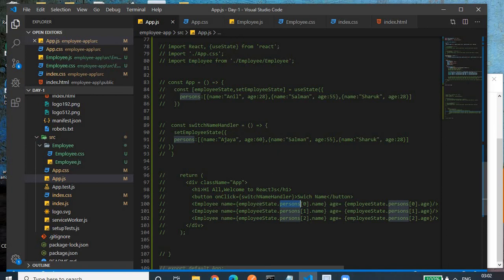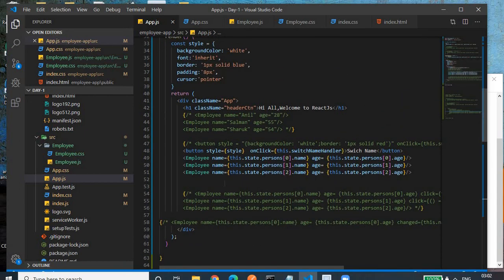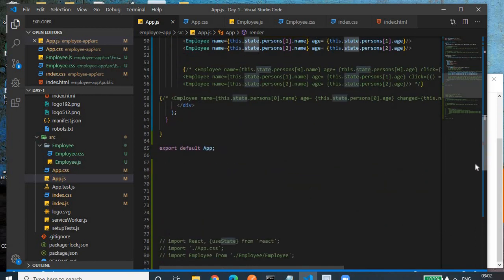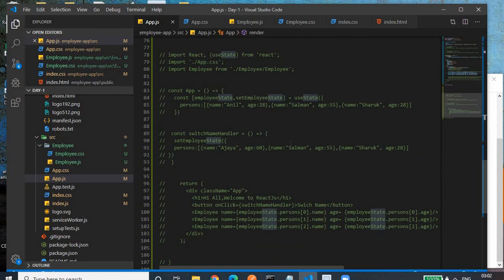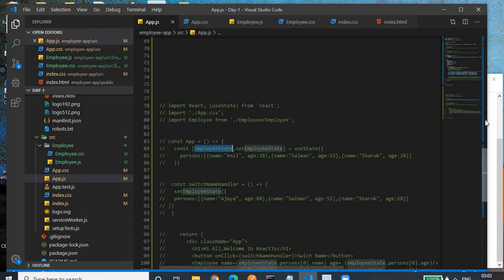But in class based, we use this.state. In a functional component, we don't have to use the this keyword. We have to use the name that you have given, for passing this value as a prop to the employee component. Clear? So this is the use of the useState hook function in React.js.